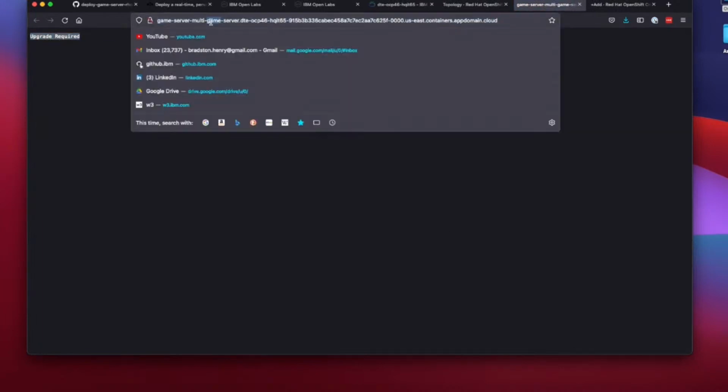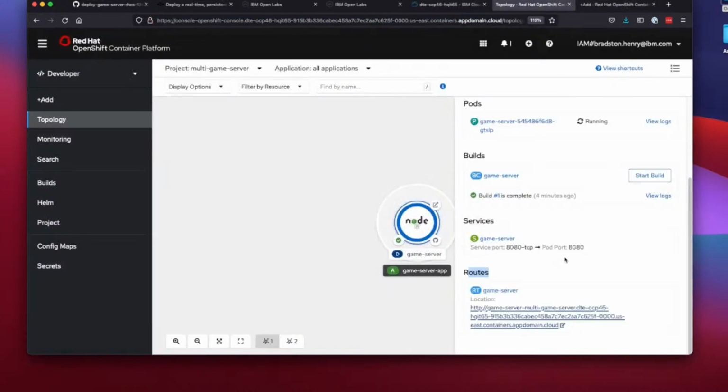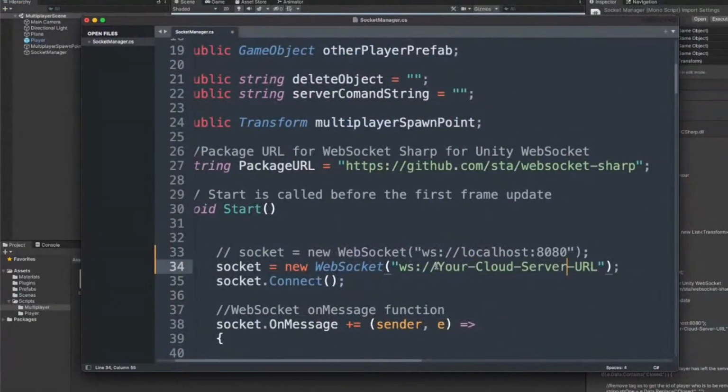If I were to click this here, it would take us to basically a blank page that says upgrade required. That's because it's a WebSocket and not an HTTPS page. So I'm going to copy that link, and I'm going to go back to our code and paste it here for this socket,